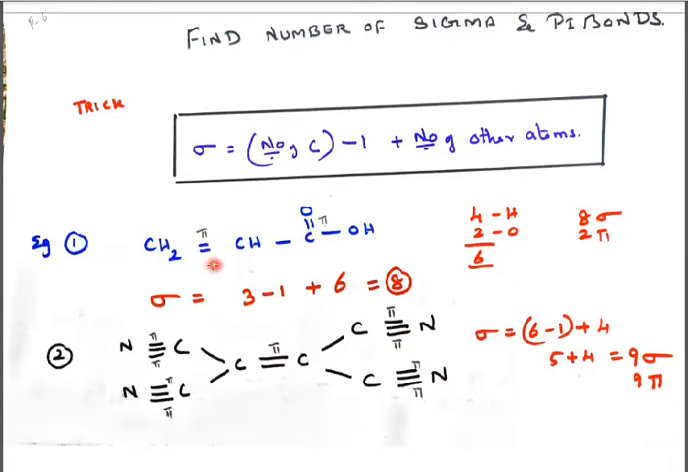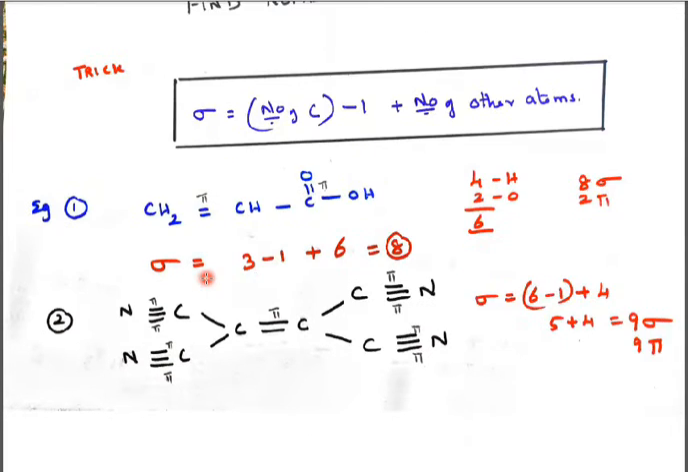CH2 double bond CH single bond C double bond O OH will be given in the question, and you should find out the number of sigma bonds and pi bonds. See how a double bond comes, it is a pi bond. Pi bond never comes alone. So it has come along with the sigma bond. So here it is